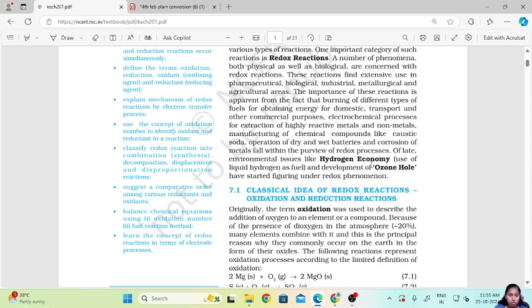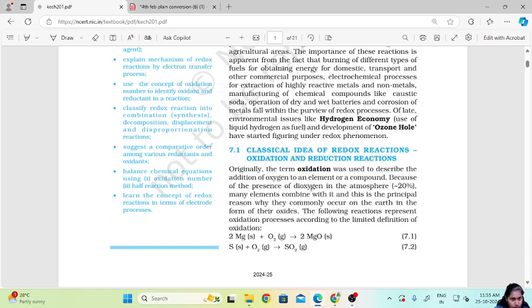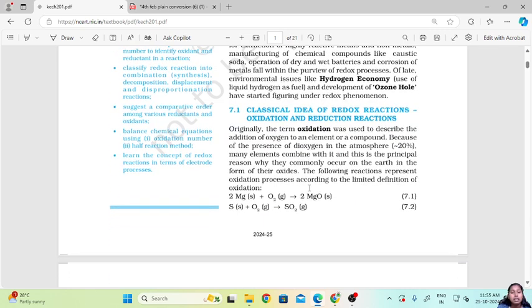Environmental issues like hydrogen economy, use of liquid hydrogen as a fuel, and development of the ozone hole have started figuring under redox phenomena. Now the ozone hole that is formed is also a phenomenon with respect to redox reactions. Okay, now the classical idea